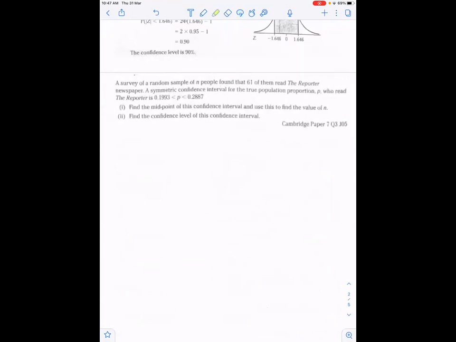a survey of a random sample of n people found that 61 of them read the Reporter newspaper. A symmetrical confidence interval for the true population proportion who read the Reporter is this. Find the midpoint of this confidence interval and use this to find the value of n. Okay. If I want to find out the midpoint of this, obviously I would add them up and divide them